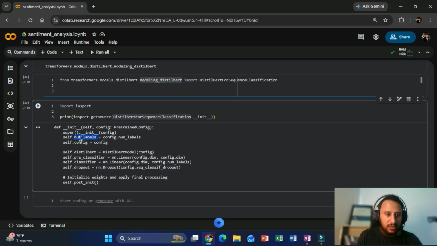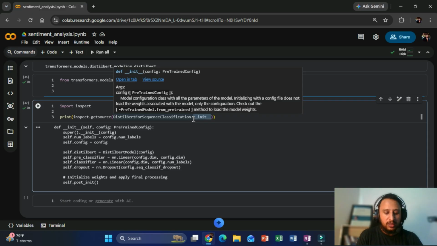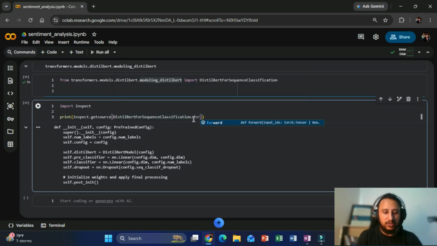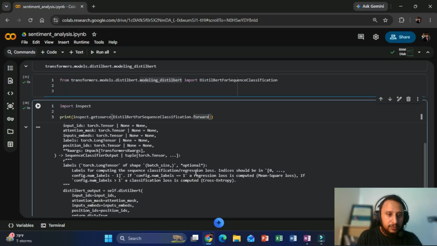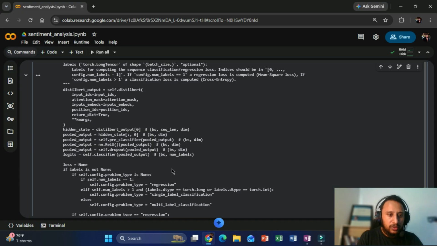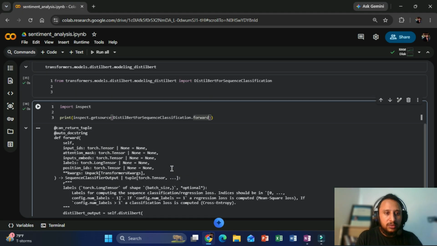So you can see here we have the super, then this number of labels. So here you can see this DistilBERT, pre-classifier, classifier, dropout. And if I want to see its forward class, I can just simply call this forward like this, and it will show you the forward class. So it's a bit